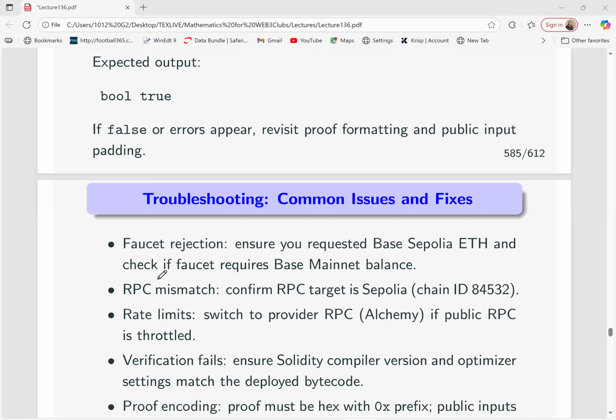We had already explained that. In some cases, for you to get base Sepolia ETH for free, you would require to have some amount in your base mainnet. So that could be an issue, and that is how you